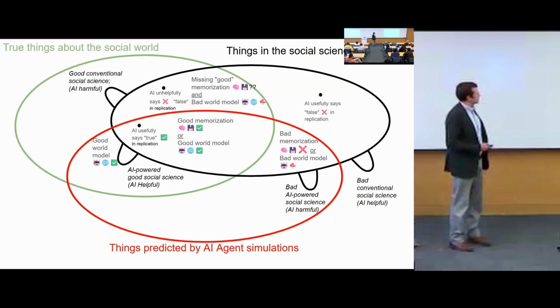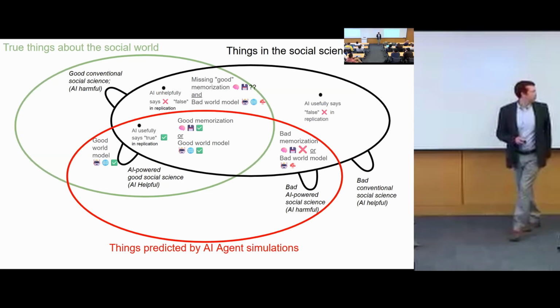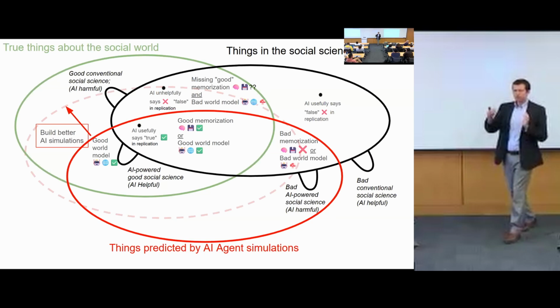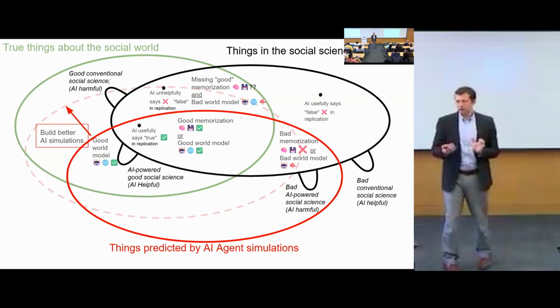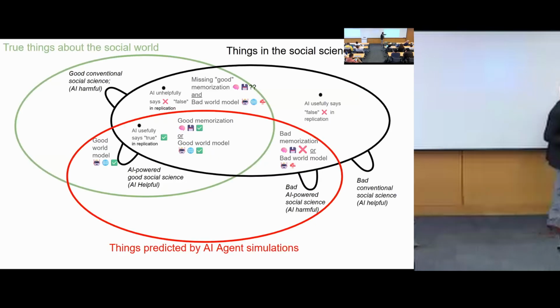So what is the thing that we could move where all of this gets better? Well, if you could push this up, you can notice your chance of screwing this up gets smaller. You're more likely to be pushing into a good space. Notice also, this actually has something to say about the potential usefulness of replication. If you go and double check this, the AI is going to usefully tell you that this is wrong. This is where the AI is unhelpful to you because it's going to say it's false, but it's actually.